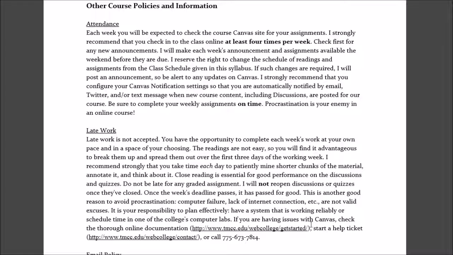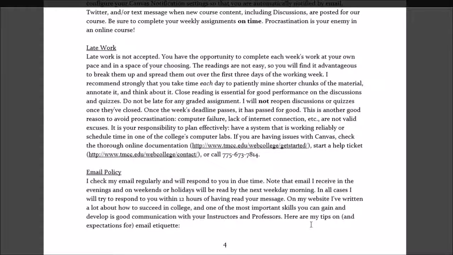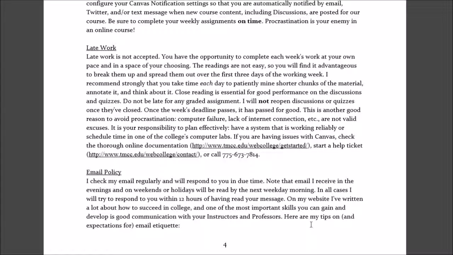Okay, late work, there's a discussion there, and the basic thing is, this is a 5-week class and it's online, and the idea is that by choosing an online course, you are basically saying, hey, I got my stuff together. I can manage my time efficiently and well. I can do what is required for the course, and I can get stuff done on time. So late work just isn't accepted because